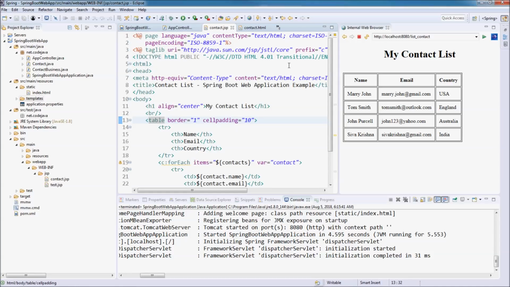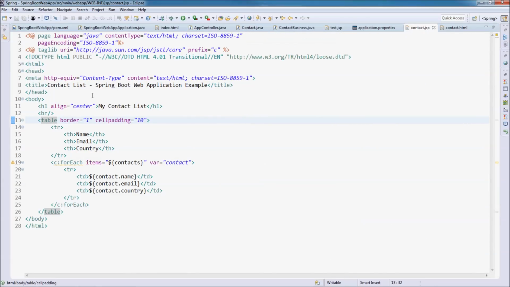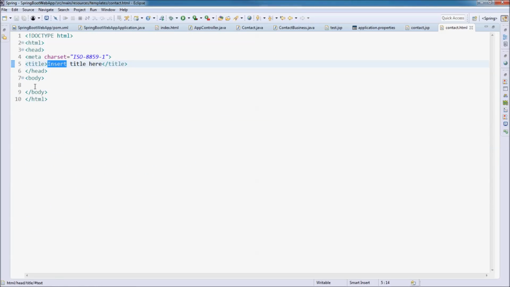You can copy some code in the contact.jsp. For example, copy the title here, and in the HTML